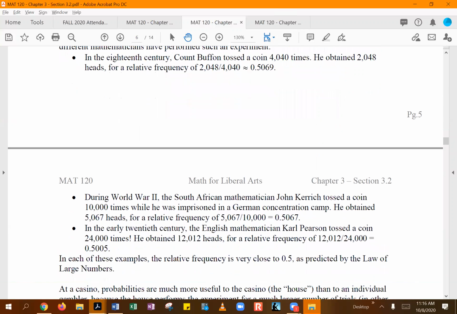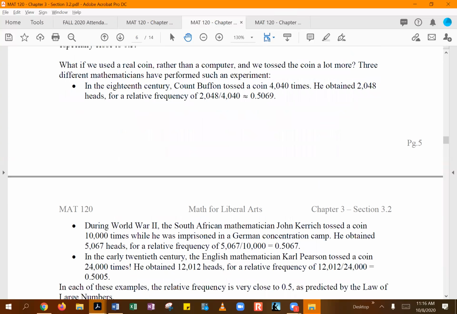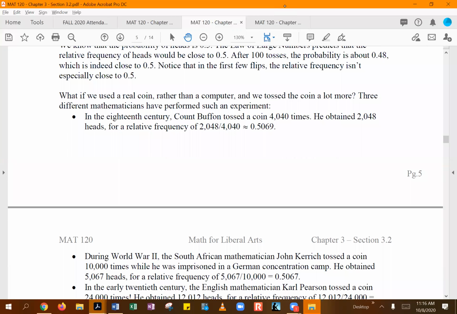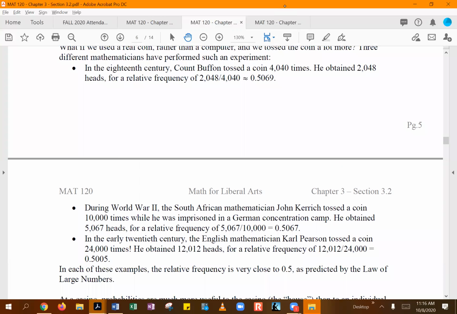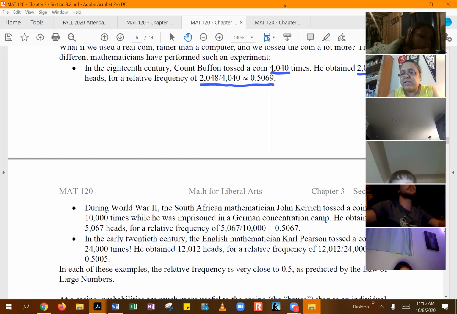And they're talking about some interesting examples over here with the coin toss. They're saying if we use a real coin rather than a computer, what would happen? So 3 different mathematicians have tried to do this. In the 18th century, Count Buffon tossed the coin 4,040 times, and out of those, he got heads 2,048 times. So you can see when you do a larger number of tosses, it is getting you closer to that 0.5